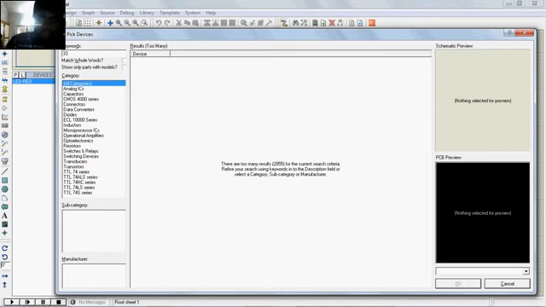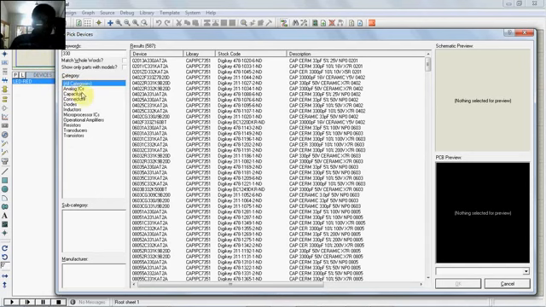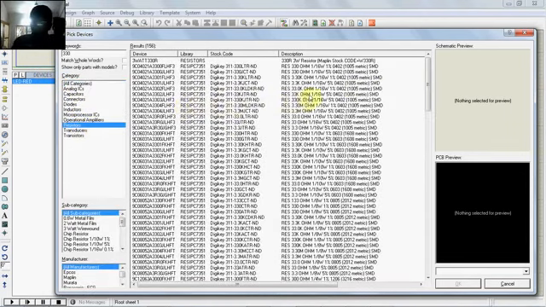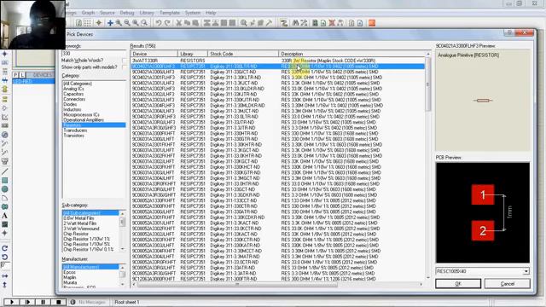Just write 330 and select resistors from here. Okay, you can get so many resistors of different ratings. I am just taking some 330 ohm resistor. I don't mind what the rating is. Double click over that, and the resistor is there. Now I need nothing else. Okay, I am showing just a simple circuit.